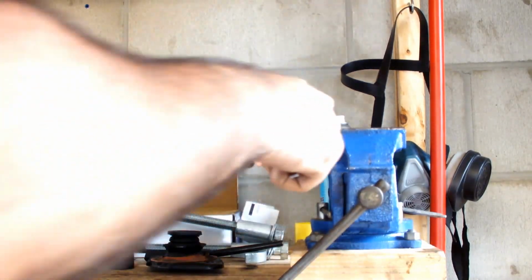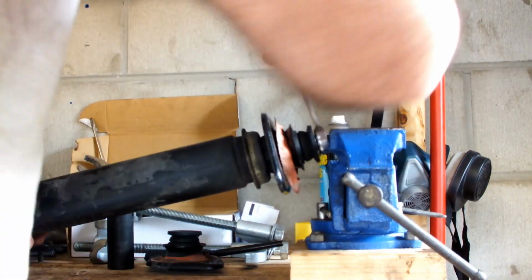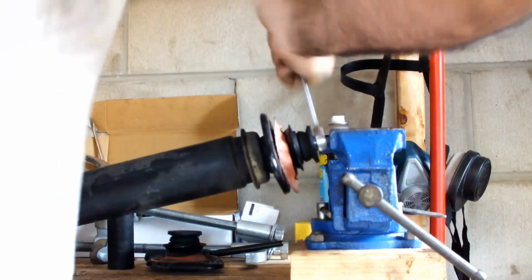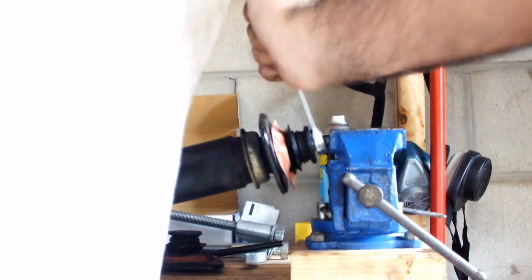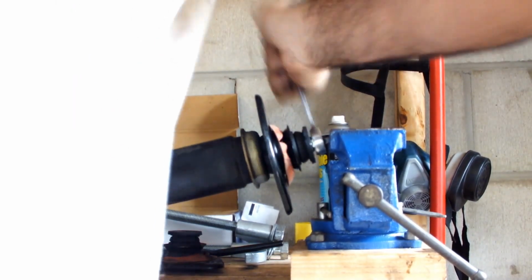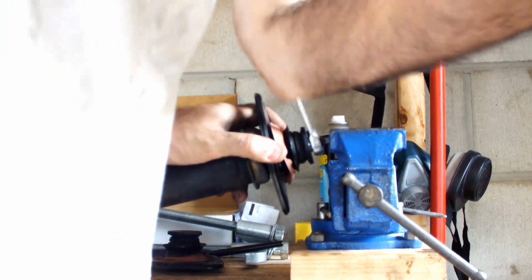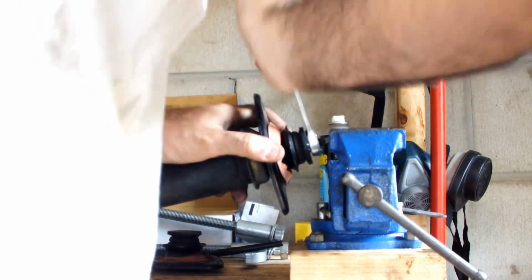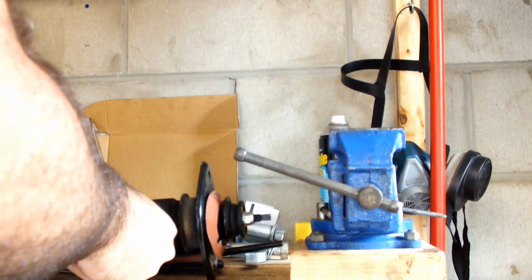Once you notice it starts spinning, you kind of put in your vise a little bit. Same trick. Not too tight. And you start tightening it until it reaches more or less the end. And you loosen that up. And then now comes the fun part where